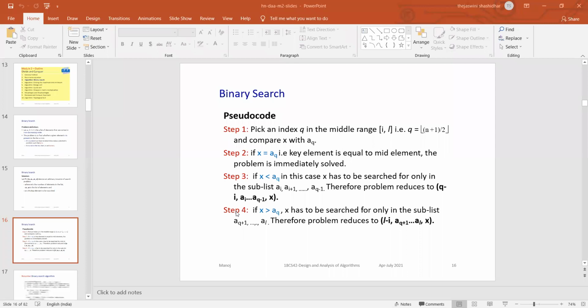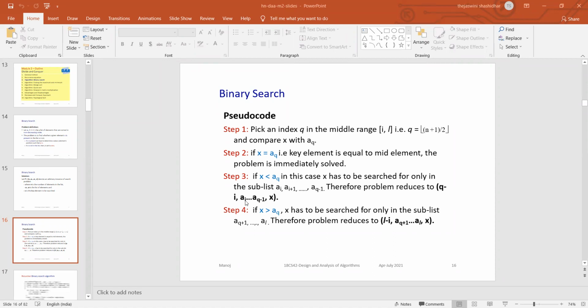So now you have a left part and a right part. Keep in your mind, the problem is divided into how many subproblems? Two subproblems: the left part, that is less than mid, and the right part, that is greater than mid. Okay, so if that is the case, where do you have to search?